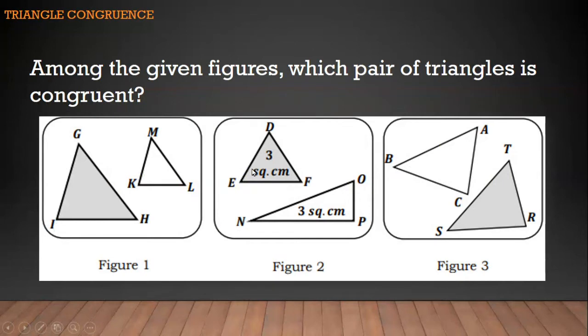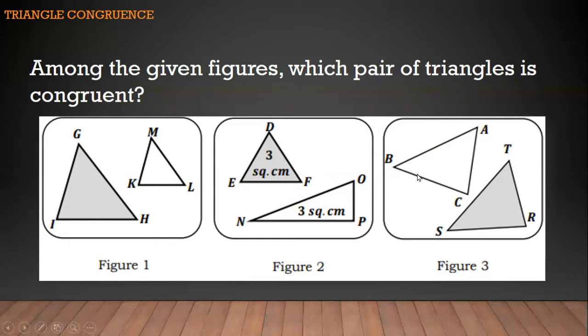So, kung makikita nyo, meron siyang unit na 3 square centimeter. So, both triangles have the same measure, 3 square centimeter. But, they don't have the same shape. So, hindi rin natin siya mako-considered as congruent figures. So, tingnan natin si figure number